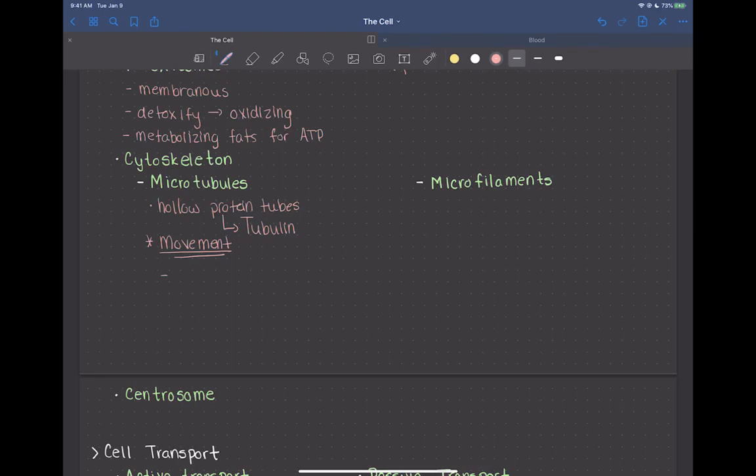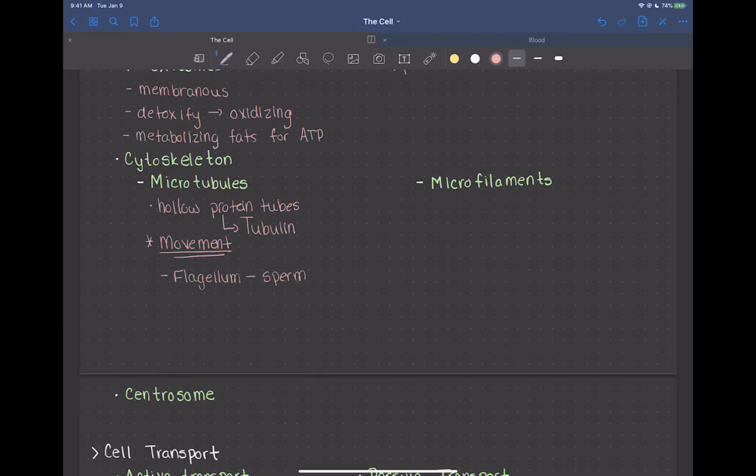One example is a flagellum. The only cells in the human body that have a flagellum are sperm. That is the tail on a sperm that allows the sperm to swim. That tail is filled with microtubules, and that is what gives it its ability to move and whip